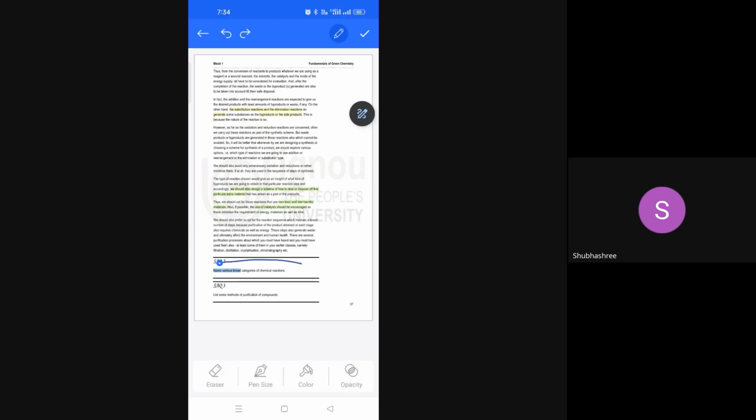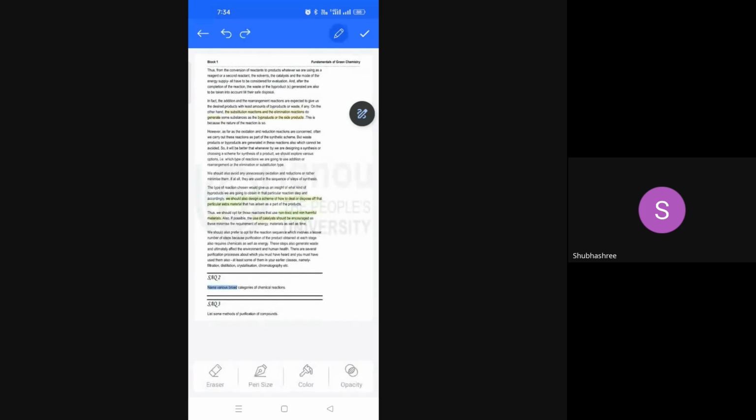One question is given here. Such a type of question will not arise because it is actual green chemistry. So the question which will arise in the examination will be based on green chemistry. But whenever a short question will come, you should remember that addition reaction and rearrangement reaction give maximum product or maximum atom economy.